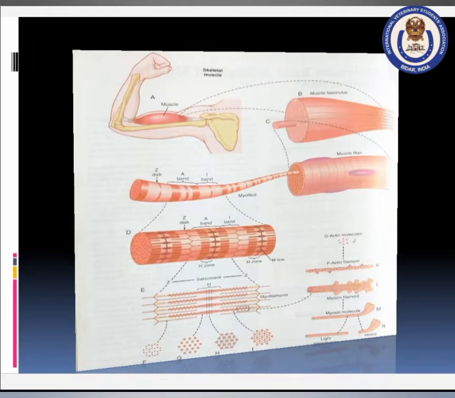Troponin has 3 subunits: troponin T, which binds tropomyosin, troponin C, and troponin I, the inhibitory subunit. Troponin C is where the calcium binds, and troponin I is the place where it masks the myosin binding sites. If that detaches from the tropomyosin, then only the myosin head will go and attach to the actin filament. Each myosin thick filament is also a polymerized protein.